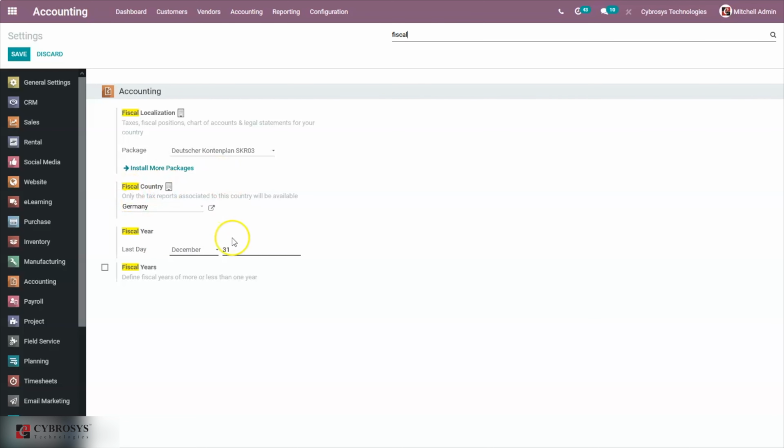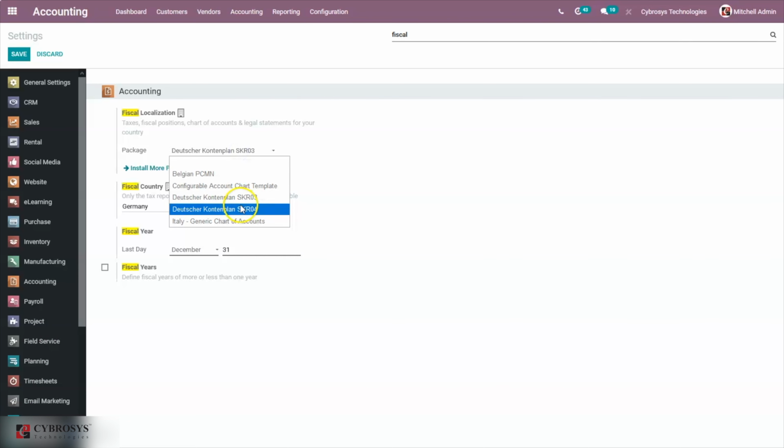So only tax reports associated to this country will be available. And here we can find the fiscal localization. So here we can see the two available localizations for chart of accounts. You can see 2. By default it is set as this one.